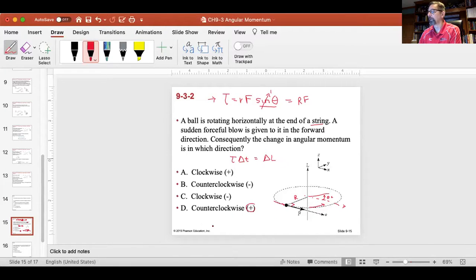So since it is going counterclockwise, the answer is positive, not B. Okay, it is going counterclockwise, but that's not a negative change in angular momentum. It's not a negative torque, not a negative angular acceleration, not a negative angular velocity. They all hang together. Questions on that? A couple of people got it incorrect there. Most got it right. So we'll stop sharing, and I'll go on to my last one here,